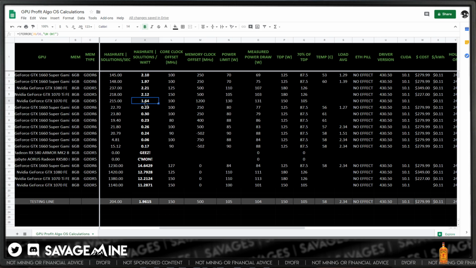In my case, because of my cost of residential electric where I'm at, it is 11 cents per kilowatt hour, which is not necessarily high, but it's a little higher than the national average. And so this solutions per watt makes a huge, huge difference in profitability. That 0.3 is pretty huge.